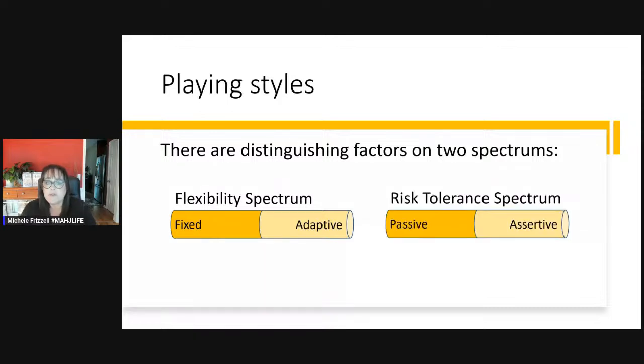And then also there's a risk tolerance spectrum. And this has a lot to do with a player's personality and also their skill level and ability to apply tactics correctly with the right timing, as an example. Risk tolerance has to do with whether a player is more passive in their decision making versus more assertive in their decision making. And there's a scale there as well. And again, consider these based on the people at the table and their skill level,